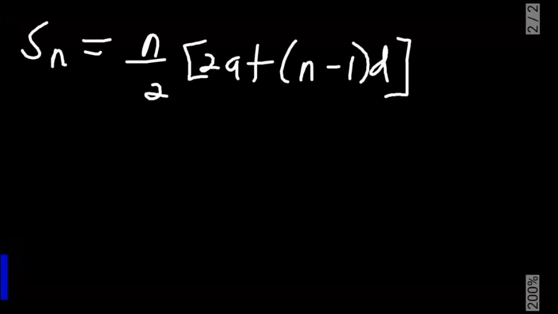How do we get the sum of the first nth term of a particular progression, whether that of the arithmetic progression or that of the geometric progression? Let's begin with that of the linear sequence, which is our arithmetic progression. The sum of the first nth terms is equal to the number of terms you want to find its sum, multiplied by the first term plus n minus 1, our common difference. For that of the geometric progression, the sum of the nth term is equal to